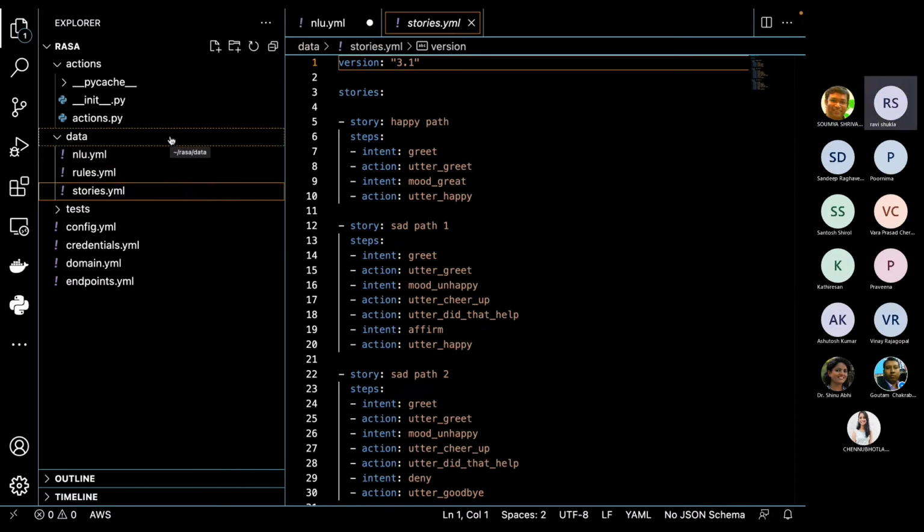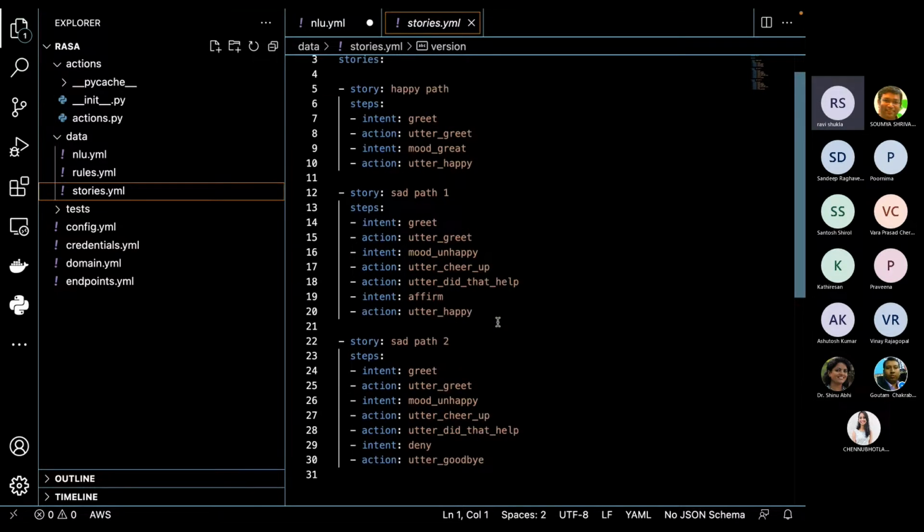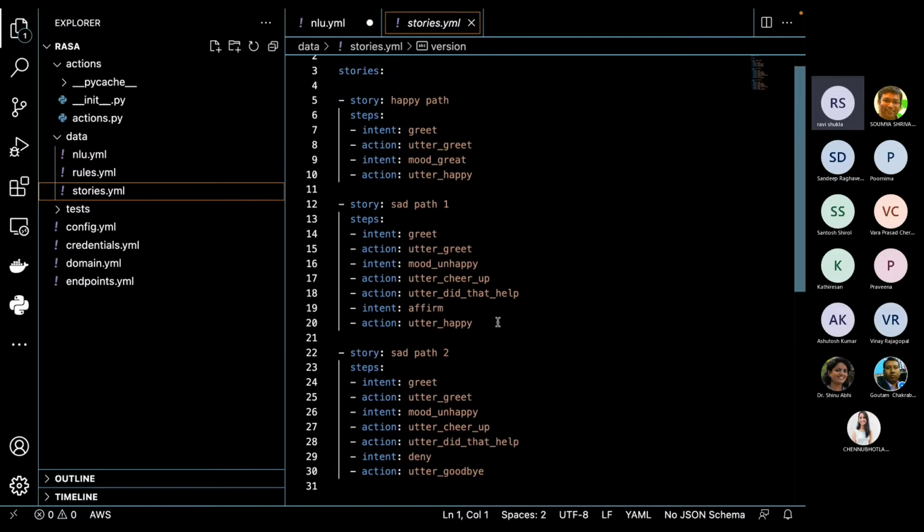Yeah, if you can just, as an example, add it to nlu.yaml, we can do that later as well, Soumya. Let me just show you how the whole flow happens. Okay, with this. Now, what is the story which you see? Sandeep has already opened this. Let's see a happy path story.